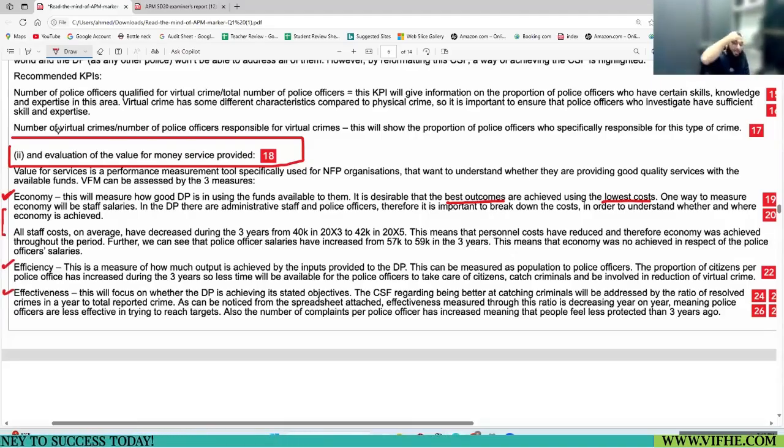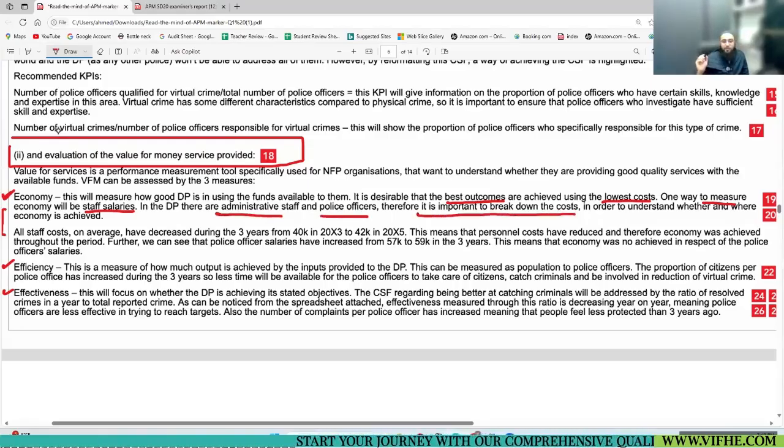First of all, what did he work out? One way to measure economy will be staff salaries. In police, there are administrative staff and police officers. See, mentioned here, a breakdown is required in order to understand whether and where economy is achieved.